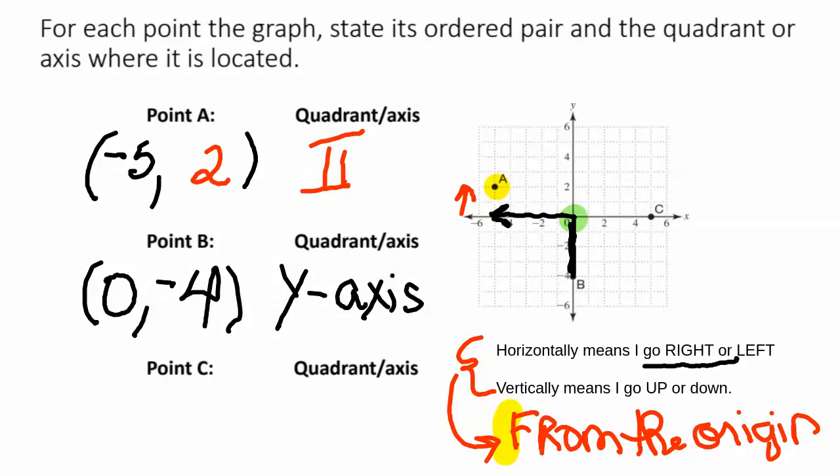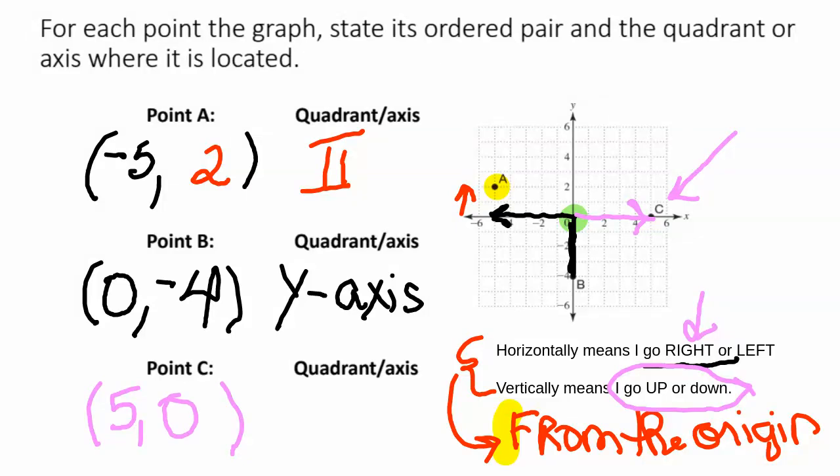But take a look at C, which is way over here. From this green dot, now notice C, I am going right 5. But once I go right 5, am I going up and down? No, I'm staying on the x-axis, which means 5, 0. And this